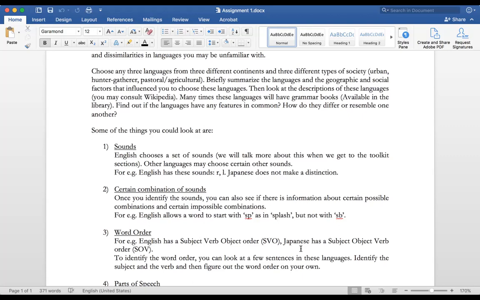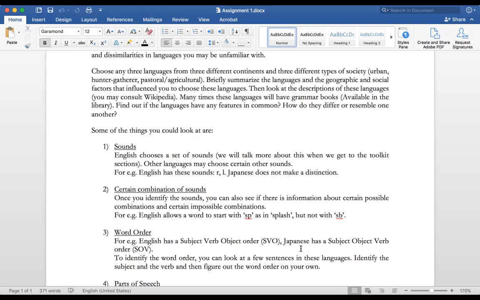So if you've taken an anthropology class, some of this terminology might be more familiar to you, but feel free to read up. Like I said, using Wikipedia is completely okay for me as long as you tell me that you used Wiki as a resource for your assignment. And obviously plagiarism is not okay, so you can't copy paste a paragraph from Wiki into your assignment and tell me that you wrote it, right? So that's not okay. But you can definitely consult Wikipedia. You can definitely consult any of the online material that you Google and find. But just let me know that that was the resource and the source from which you got your data.